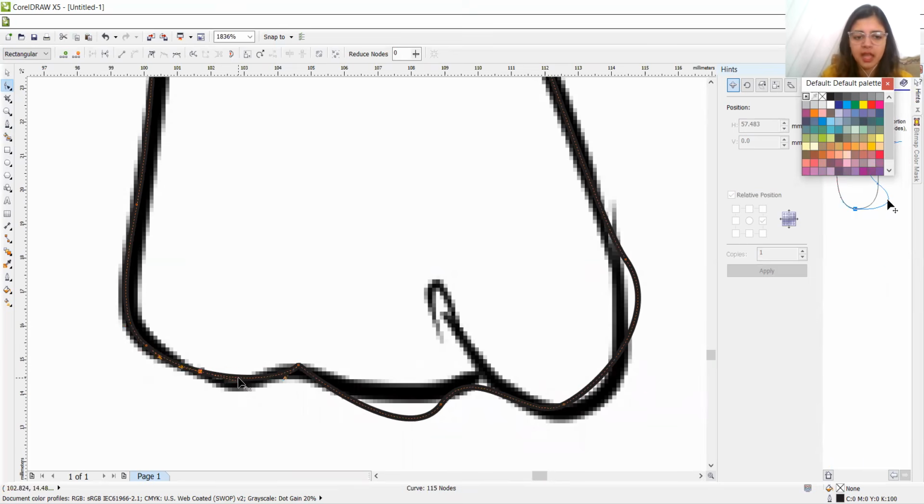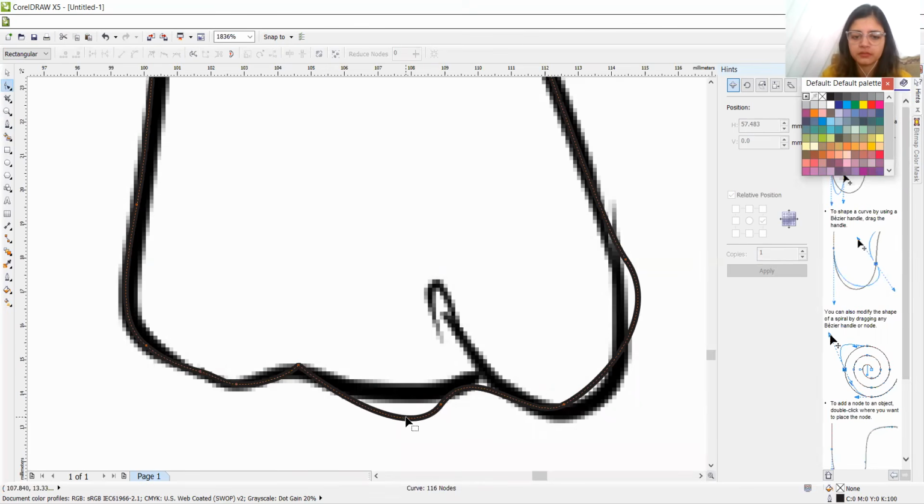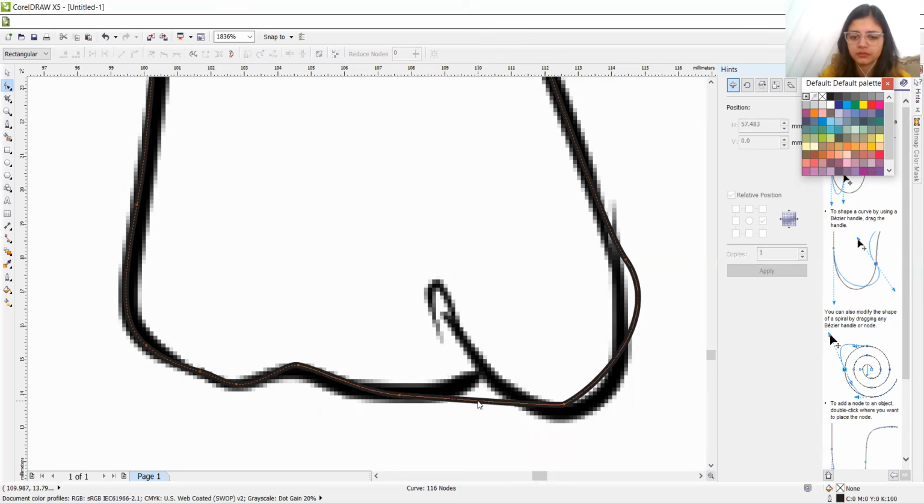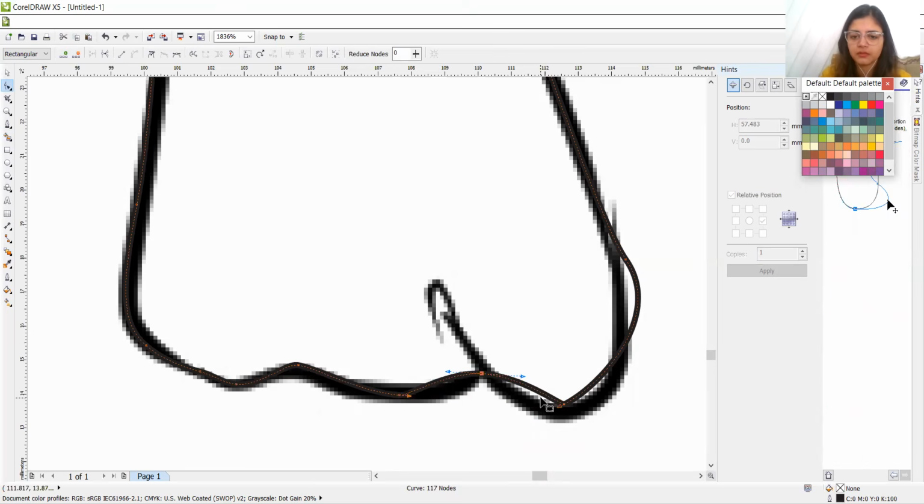Then add a notch over here, give shape, add a notch here, and give shape. So it is working with only these two steps, tracing and then shaping. Everything is based on these two steps.